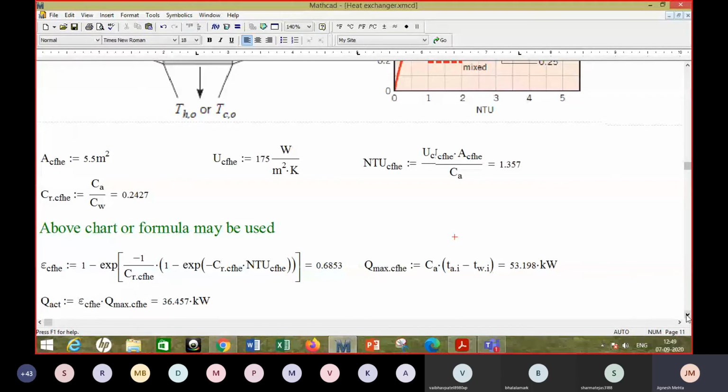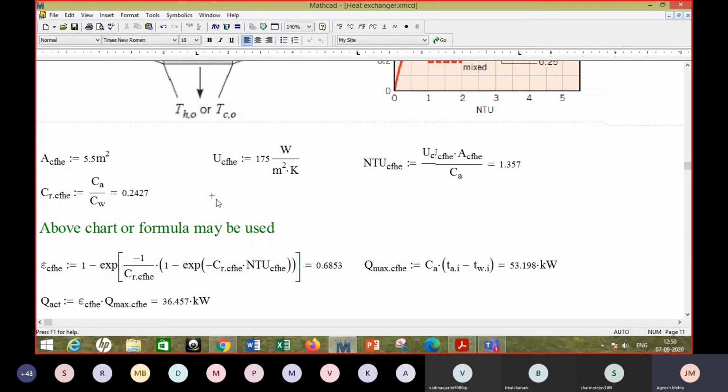One can play with the mass flow rates perhaps, right? Let's say the water mass flow rate is not fixed. For air or exhaust gases, you may not be able to do much in actual circumstances. Like there is an IC engine running at a particular rate, and it's producing the exhaust gases at a particular flow rate and temperature. So you may not have much flexibility on that side, but on the water side you may have flexibility. So you can change the water flow rate, and that will change this CR.